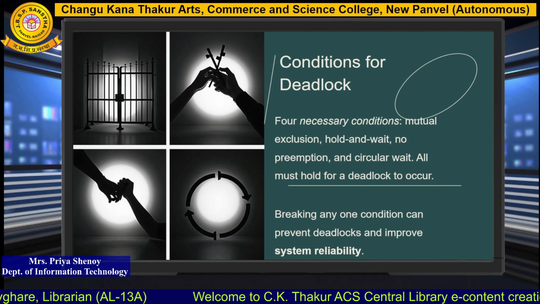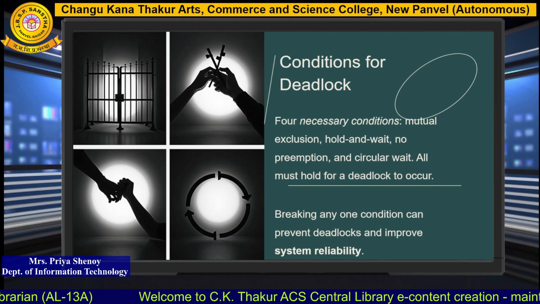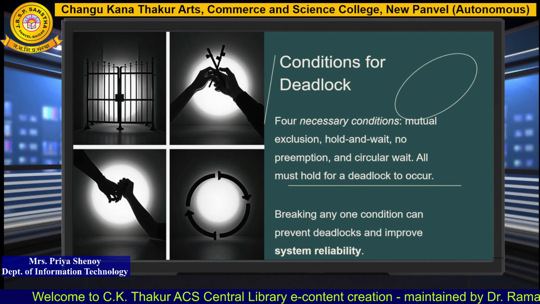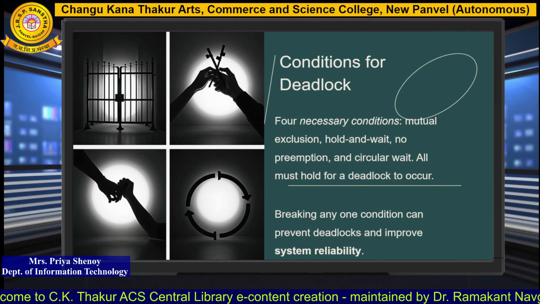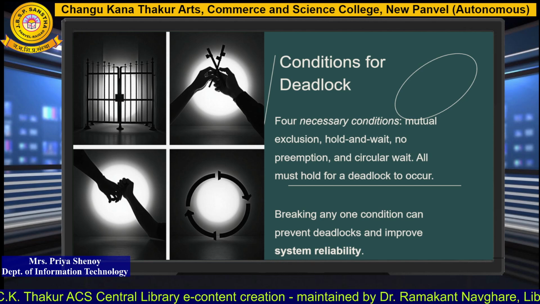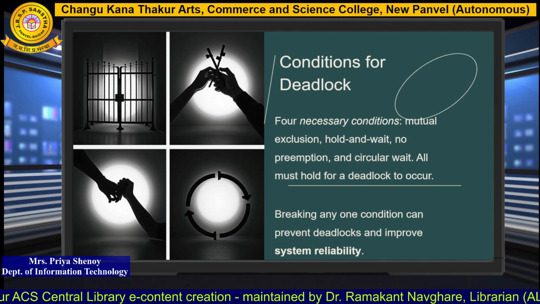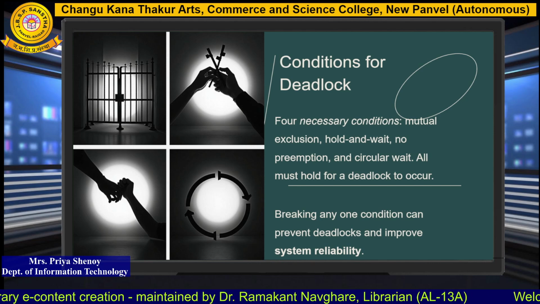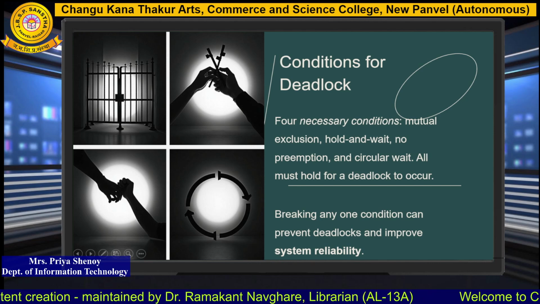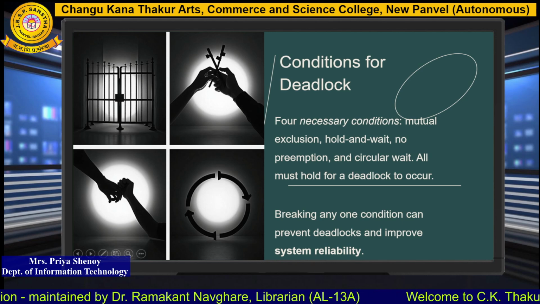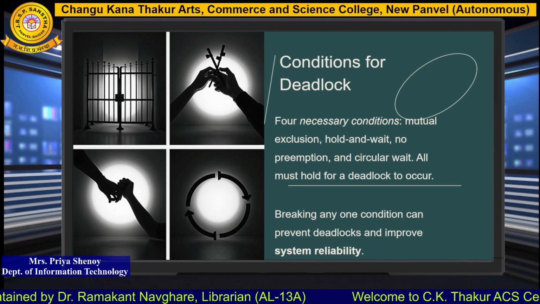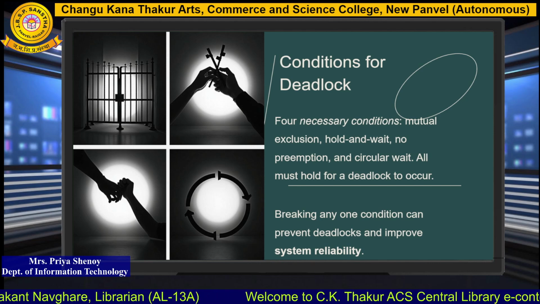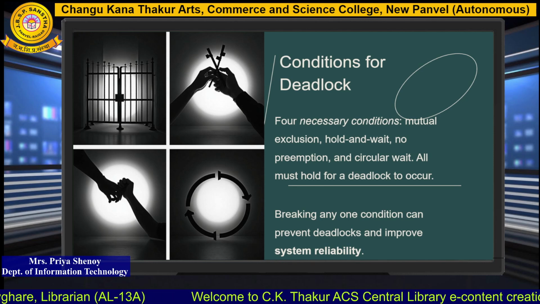Circular wait means if there are n number of processes, P1, P2 up to Pn, then P1 will be waiting for the resource that is held by P2, P2 is waiting for the resource held by P3 and so on, until Pn is waiting for the resource that is held by P1. Now all these four conditions must hold simultaneously for deadlock to occur in a system. Even if we are able to break any one condition, then we can prevent the deadlock in our system and